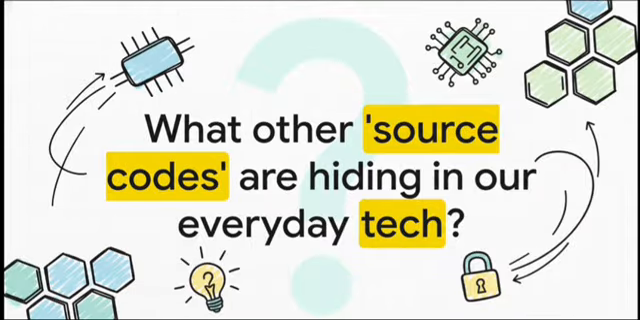And that kind of leaves us with a pretty cool thought to chew on, doesn't it? If the humble transistor has a deep fundamental source code like this, what other essential rules, what other elegant models are just hiding there right under our noses, running all the other